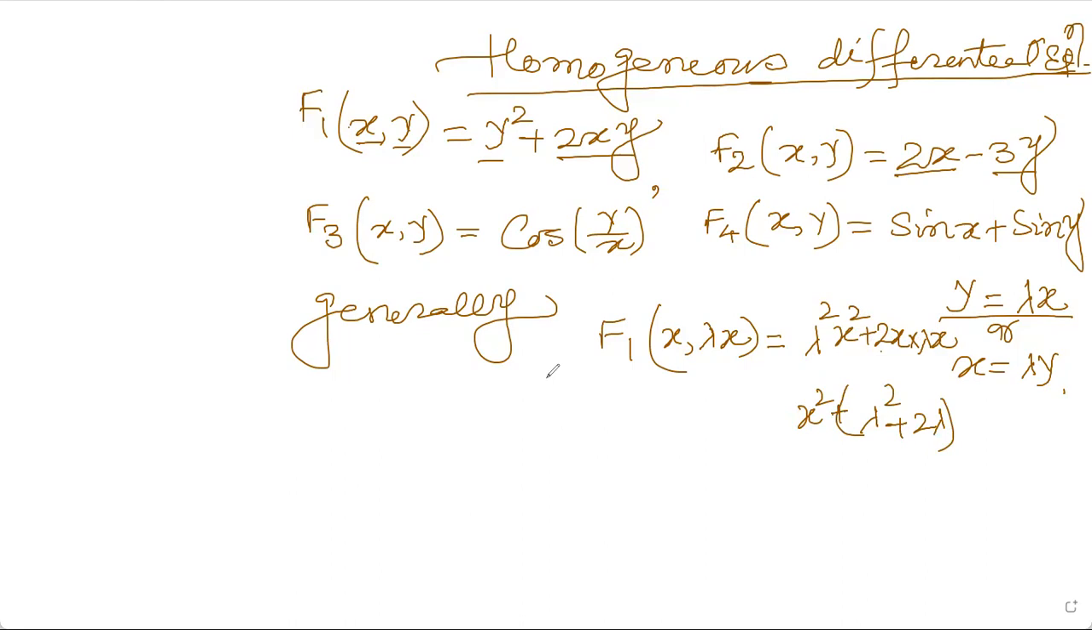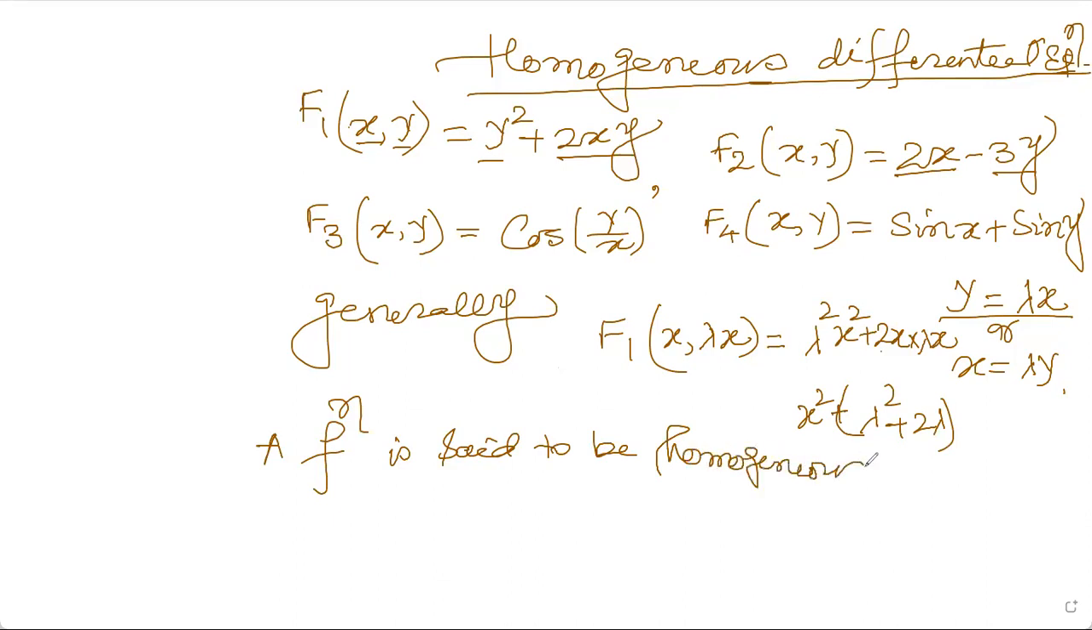So here I can generally say that a function is said to be homogeneous. This is the definition of a homogeneous function. A function is said to be a homogeneous function of degree n, it can be of any degree n,